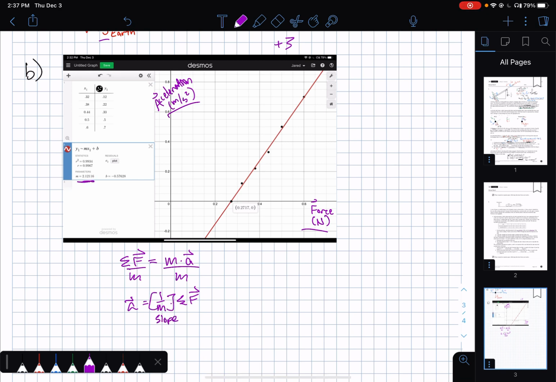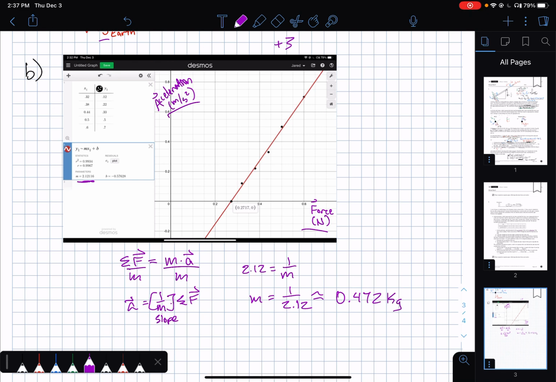And you can see my slope right there. It's 2.12. That equals my slope, but that is 1 over my mass. So by flipping that slope, mass is equal to 1 over 2.12, which is about 0.472